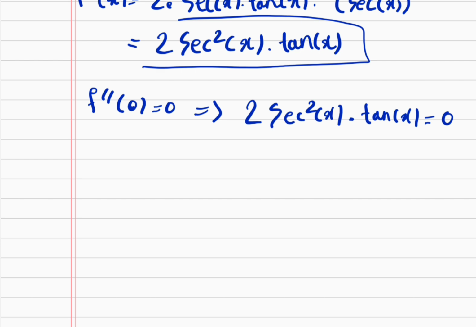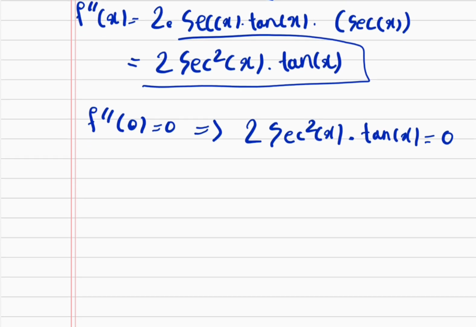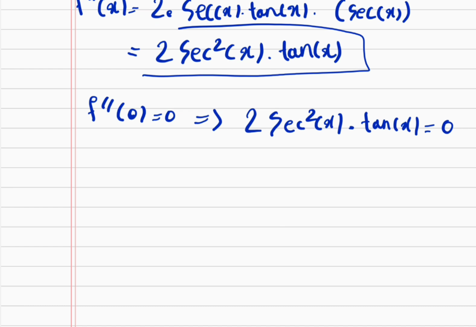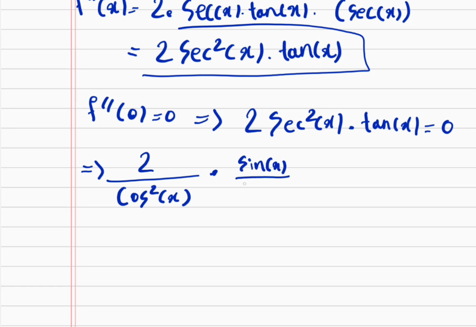So remember that sec x is equal to 1 over cos x, right? So instead of 2 sec squared x, we can write 2 over cos squared x. That's just the same thing, because 2 times sec squared x is equal to 2 over cos squared x. That's the first term. And then for the second term, tan x, as I mentioned above, tan x is equal to sine x over cos x